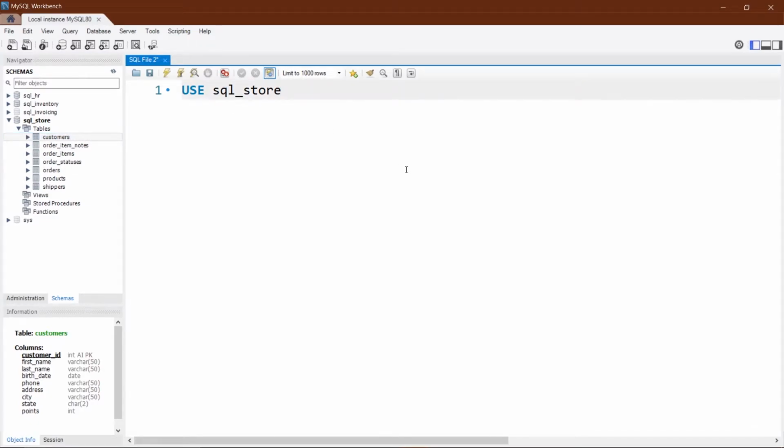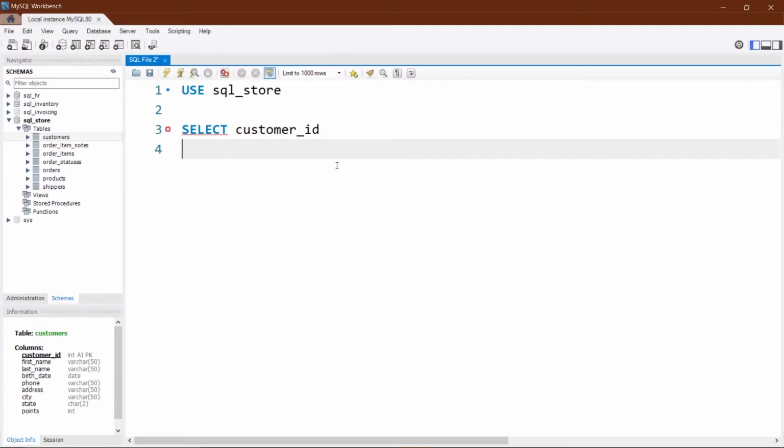What we can do is change the line, and here I'm going to write SELECT, space, and then the name of the column that I want to select. Let's say we want to fetch customer ID. So I will write here customer ID. You need to write the correct column name for the correct result. Now you need to specify from which table you want it. So we need to fetch this customer ID from the customers table.